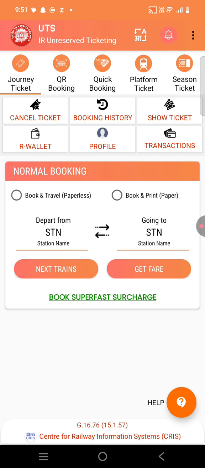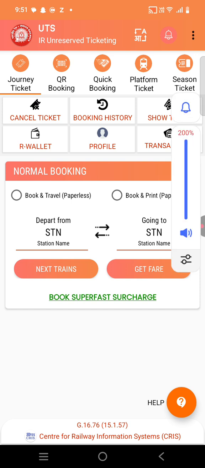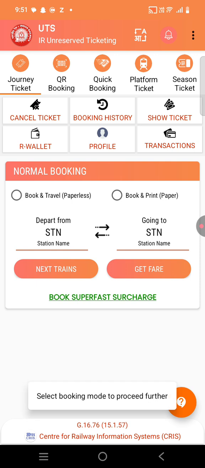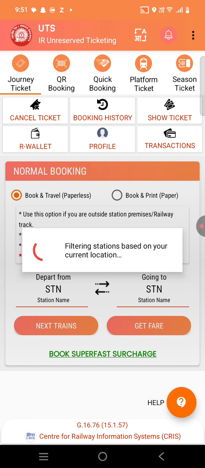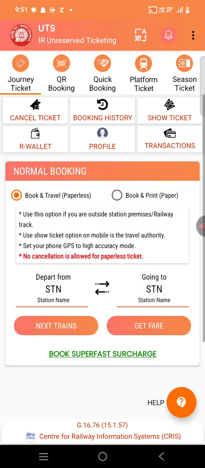So this is the journey ticket from where we need to book the ticket. We need to select which station we depart from. We can select book and travel paperless. This is the best option. Book and print paper is also there, but if you are showing it on the mobile, this is the option we